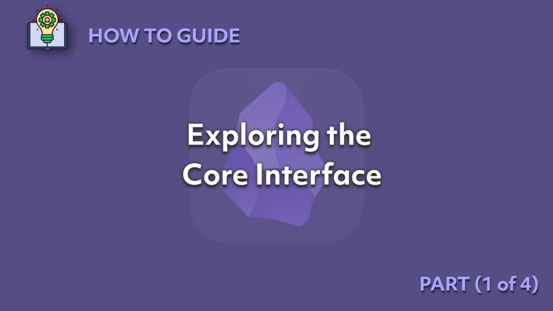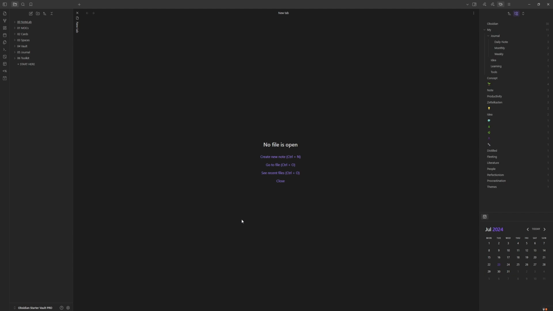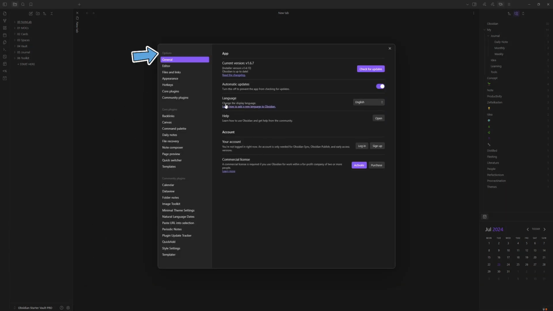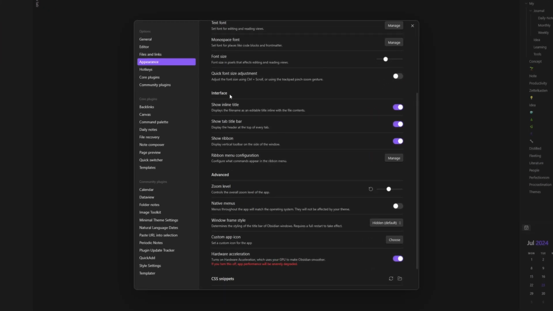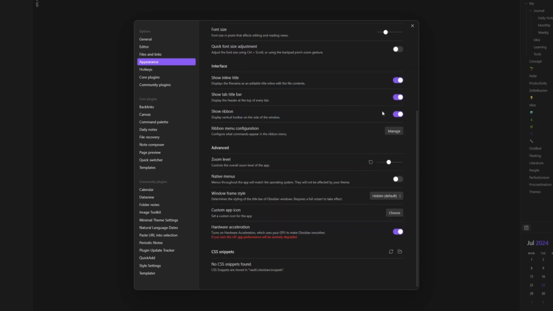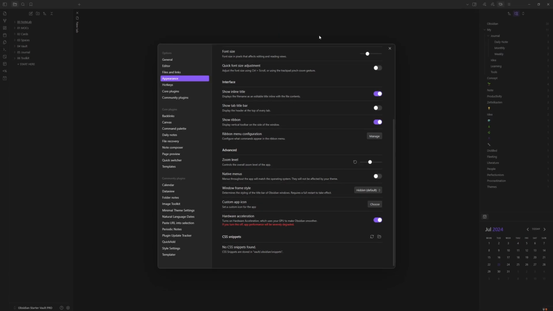Exploring the core interface. Start off by jumping into Obsidian. We'll navigate down to the settings menu, and under options, we'll select appearance. Just have a look at what we can customize in the default state. So we can see here we can show inline title on or off. We can show the tab title bar, which is the little tab up the top here, or the name of